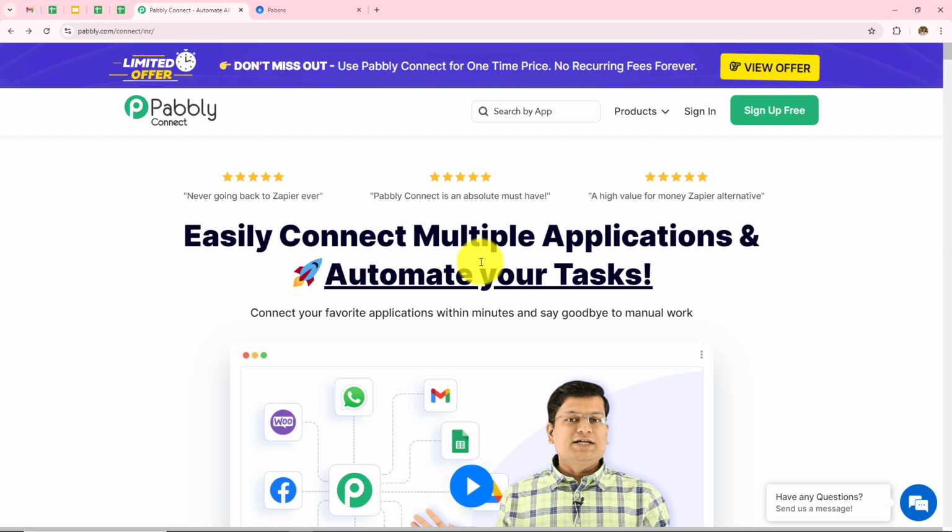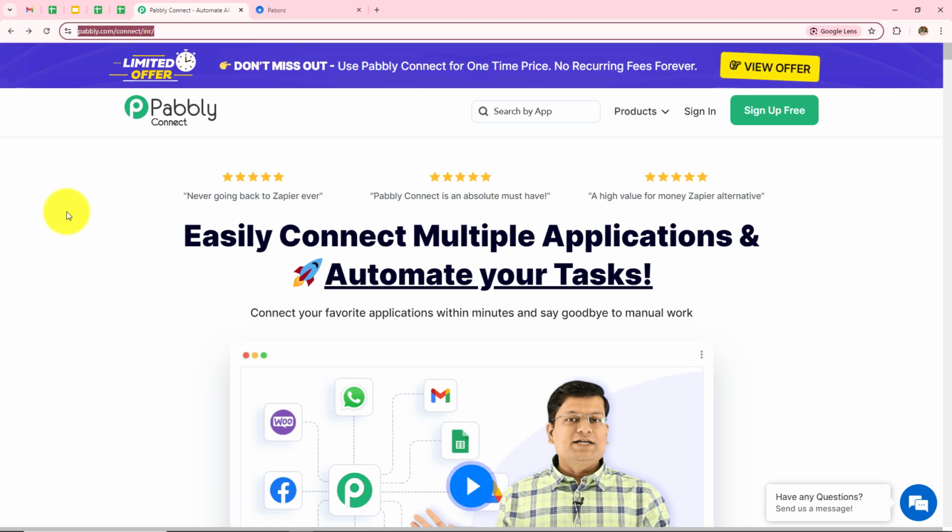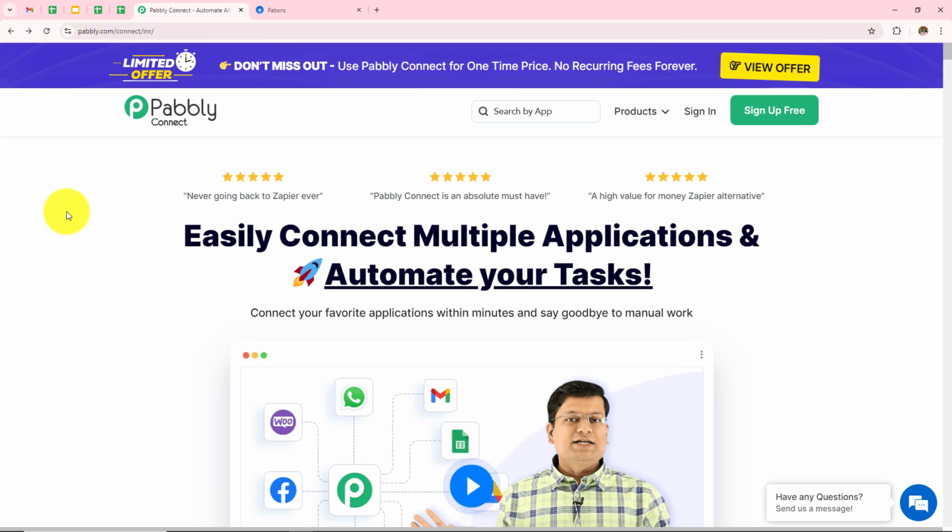In this video, we are going to learn how to create Pabbly email marketing subscribers on Swipe form submission. For this, we are going to create automation between Swipe forms and Pabbly email marketing with the help of Pabbly Connect. So this is the landing page of Pabbly, and you can visit this simply by typing pabbly.com/connect in your browser. After browsing the website, we need to sign into a Pabbly account.